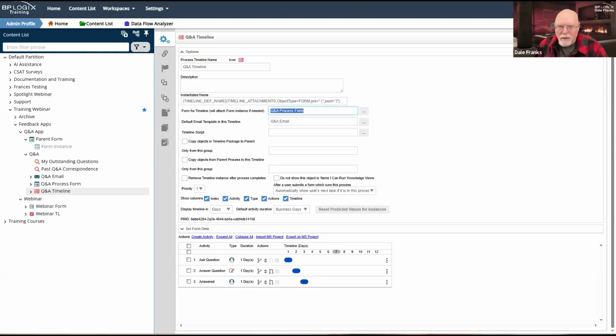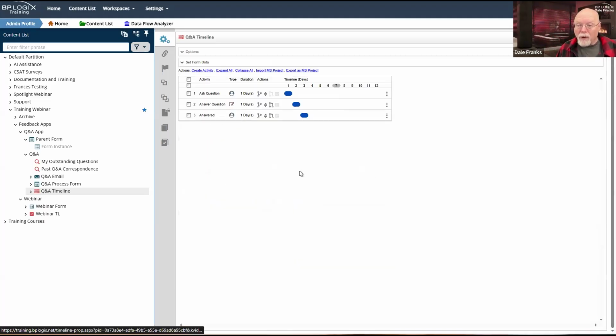End users can't just look at timeline instances. They can't do anything with timeline instances. They have to have a UI to interact with that timeline. That UI is the form. And so now we're starting the timeline itself off de novo before the form exists. And so we have to do two things to make this work. First, of course, we invoke the timeline. The timeline then creates the form instance that will be associated with it, since one doesn't exist whenever it starts.